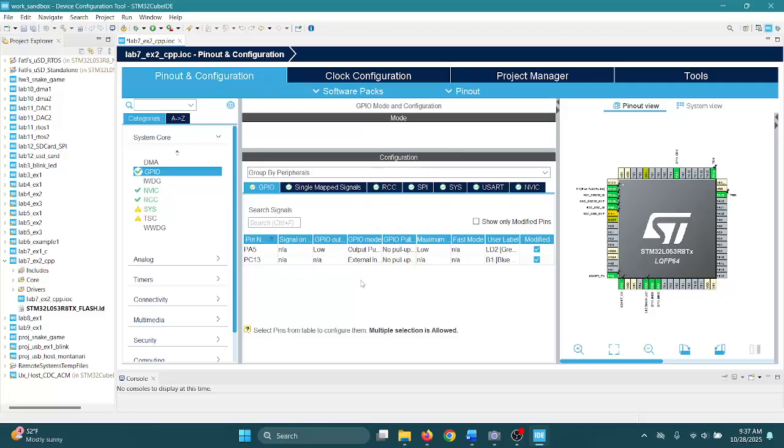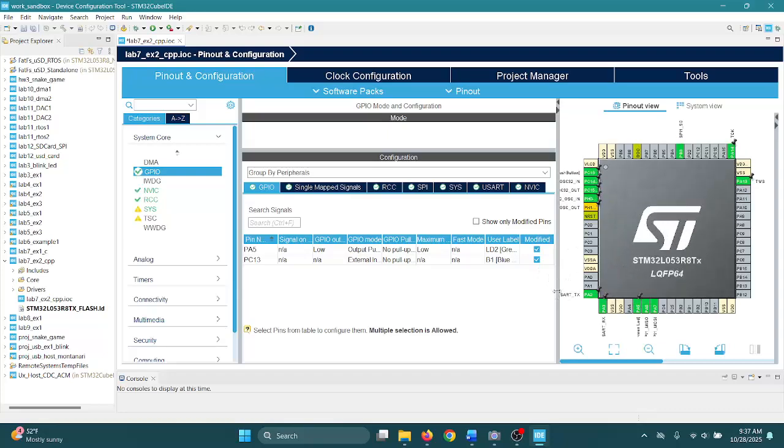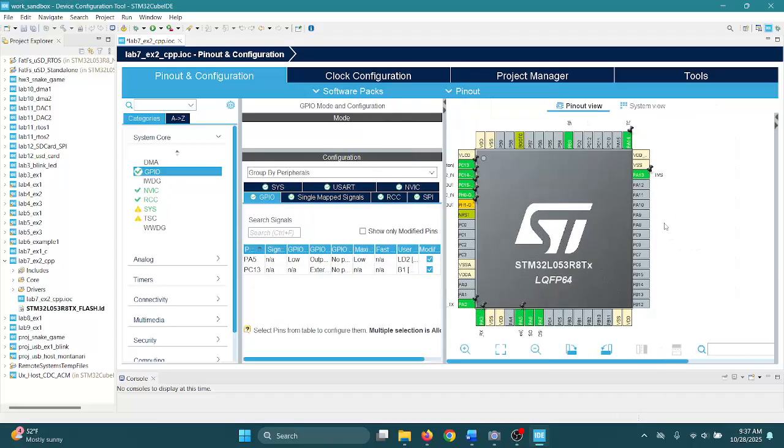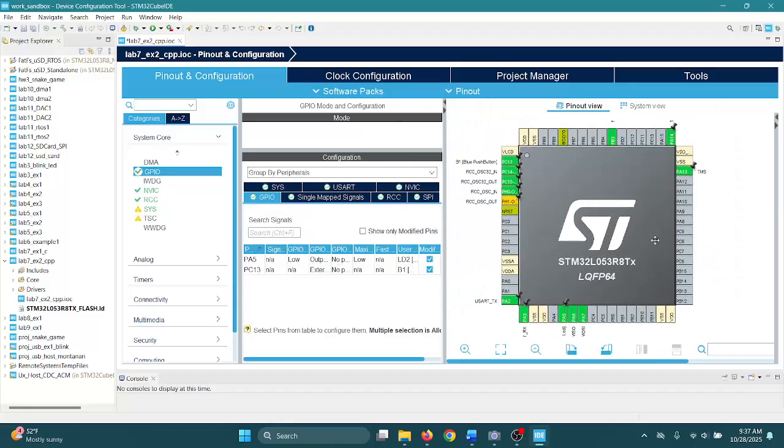So for that we come here to system core GPIO and go and find those pins. So I need PB6, where are you? PB6,